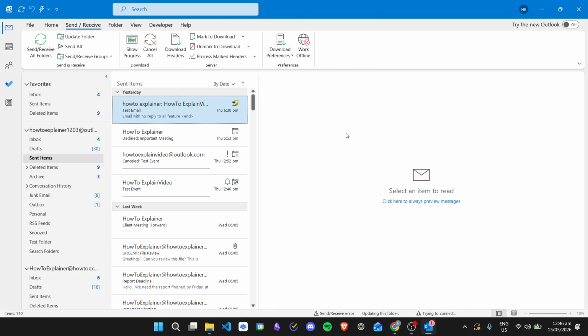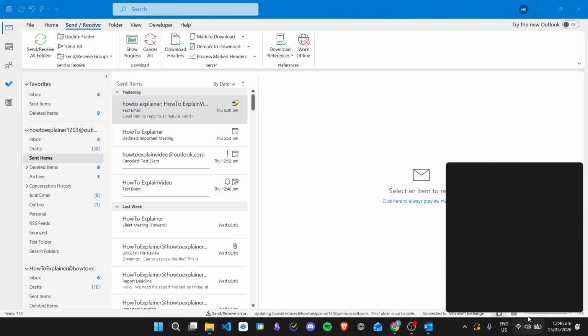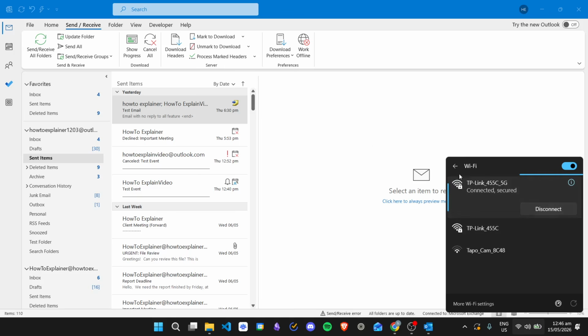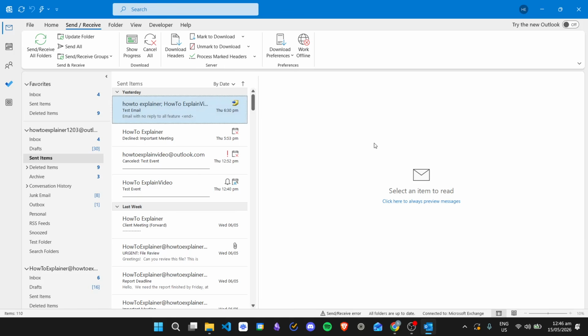And then the other thing is that you need to make sure you also have an internet connection. So from here, go to your internet settings, make sure you are connected to a Wi-Fi, and then that Wi-Fi should have internet. And then if it's still not working, what you can do is